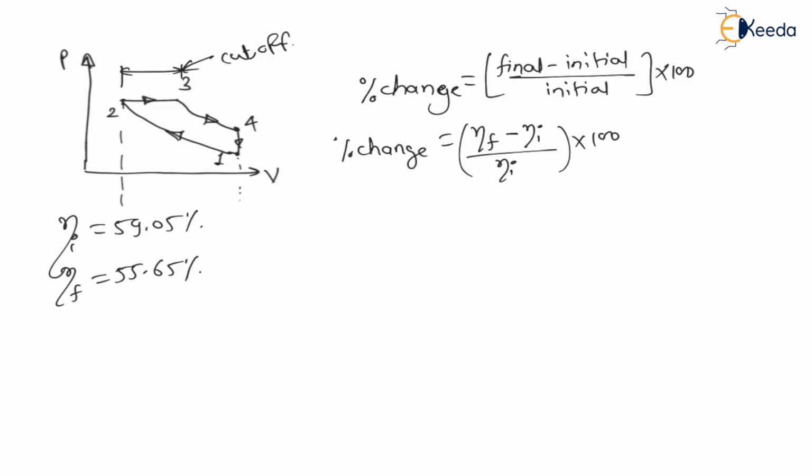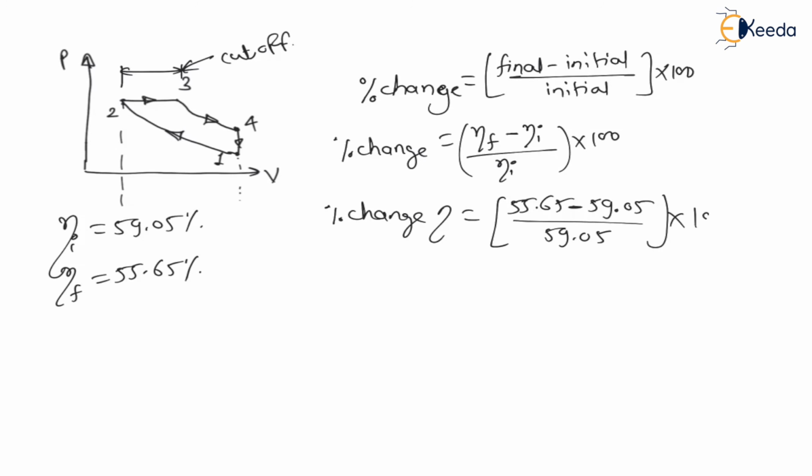Final is 55.65 minus initial is 59.05, divided by initial 59.05, into 100. And if I solve this for percentage change in efficiency, I will get the answer equal to minus 5.8